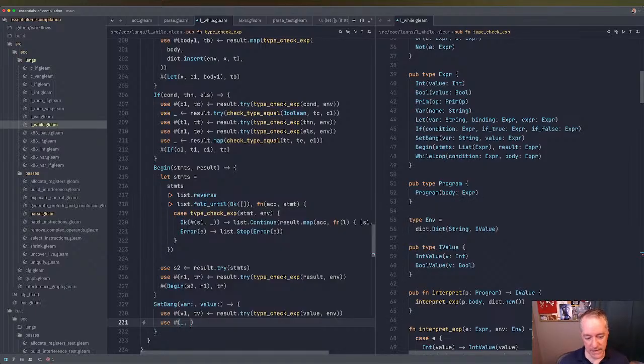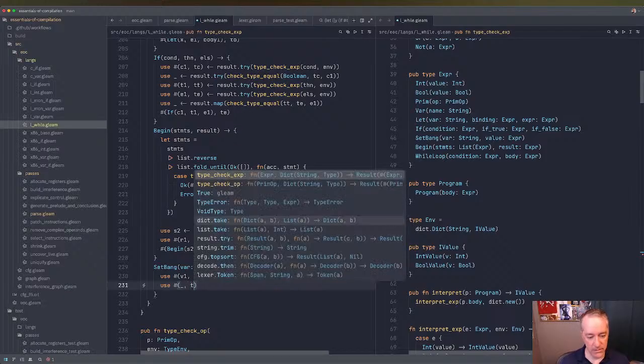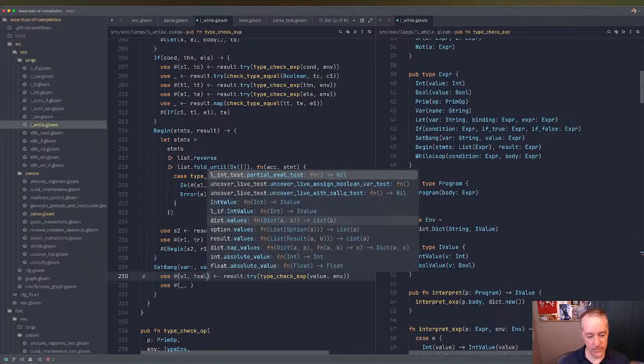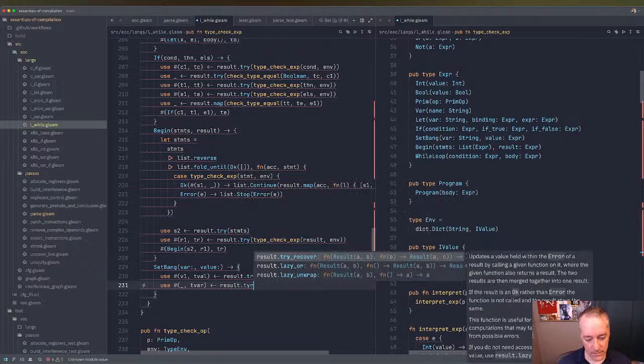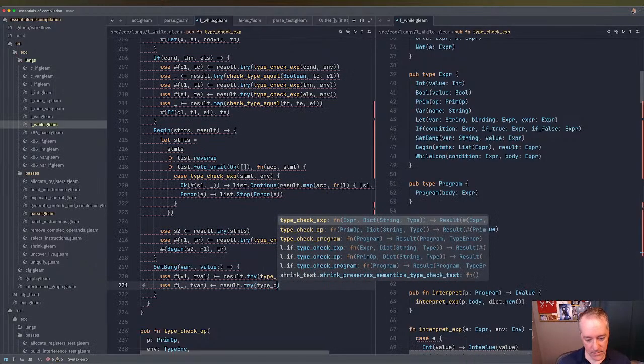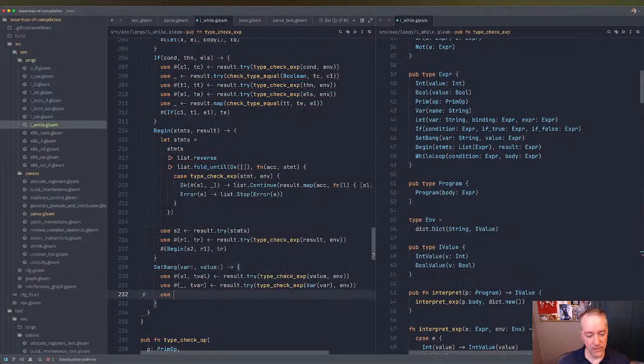We don't care about that, but we'll call it tval and tvar. Type check expression of var of that, E and V. So that's going to give us the type of this, and then we're going to do